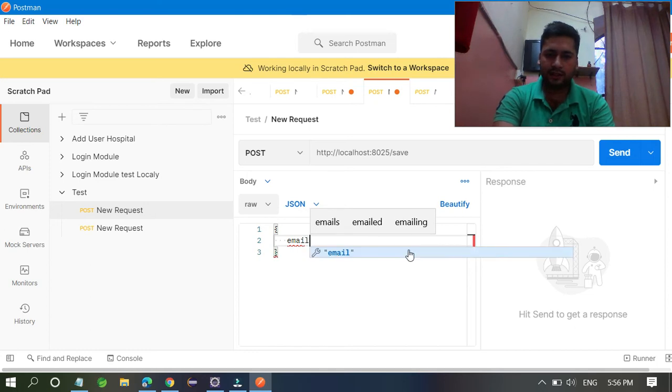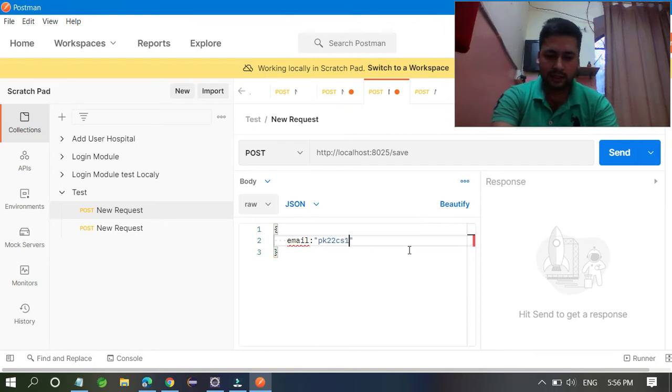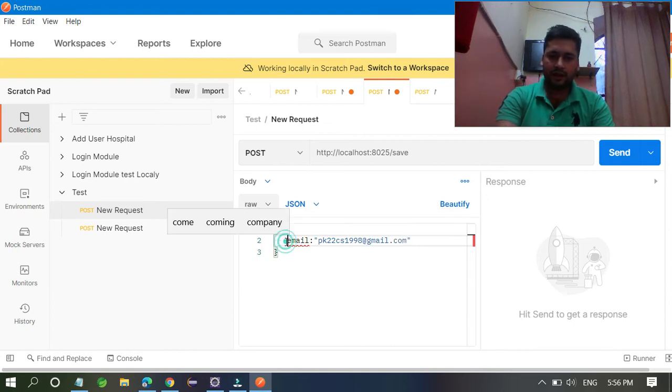Email, and the email should be like that, pk22cs1998@gmail.com, and this one also in double quotes because you are sending a string type value. So this one is the body, you have to write inside the body, and request